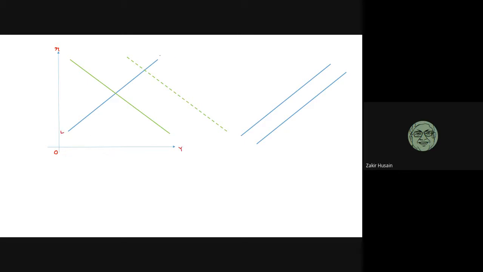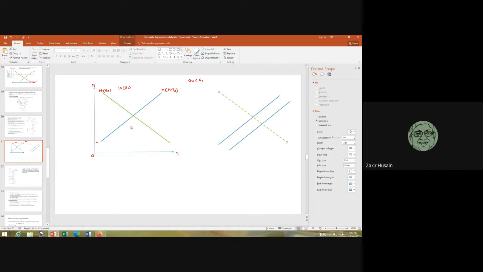Okay, this is the LM curve. Okay, I think it is better if I draw the diagrams first and then I'll